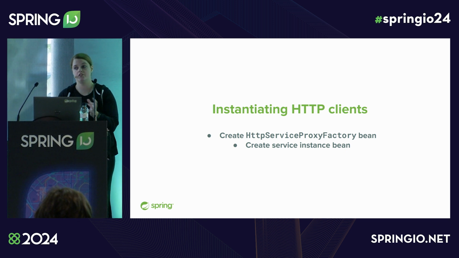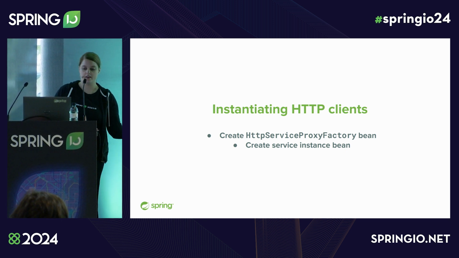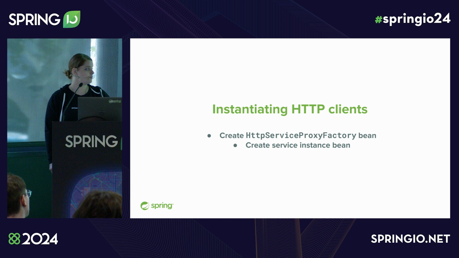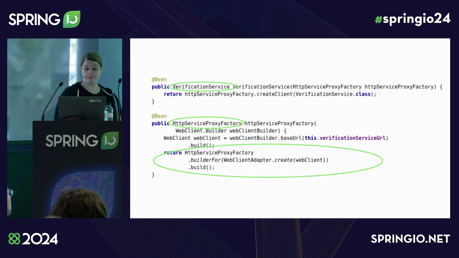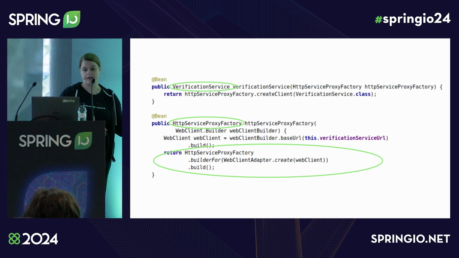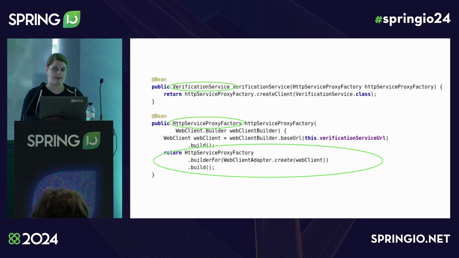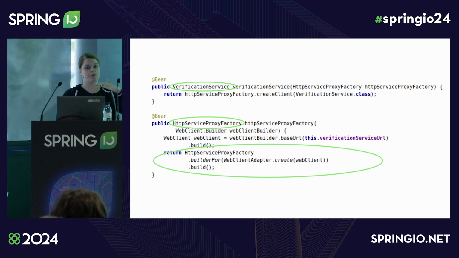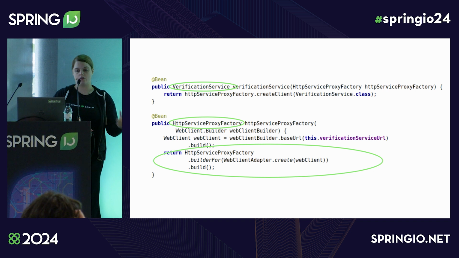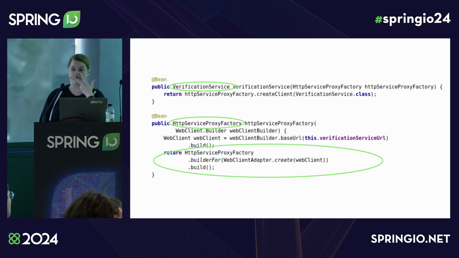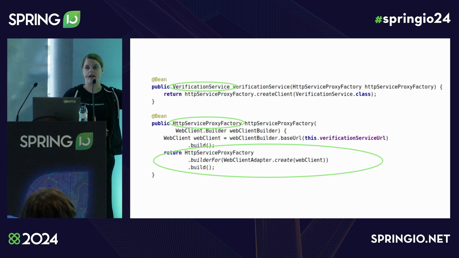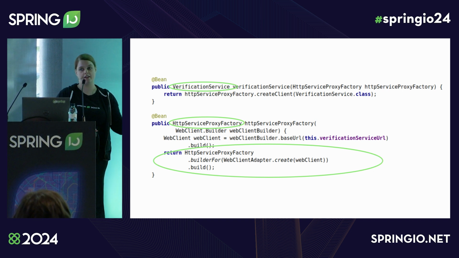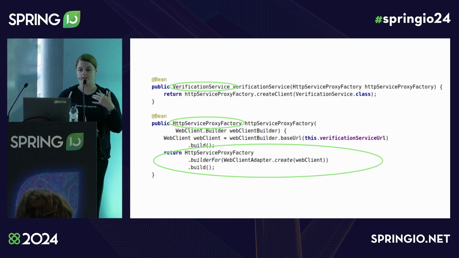In this case, HTTP service proxy factory. Once we have the proxy factory, we can create the service instance beans. So in order to have the factory, we need an underlying client, because again, we are using whatever Spring already had. So we need either web client or REST client or a REST template, and we build it whichever way we want, or we have it already configured as a bean in our application and we can just inject it,